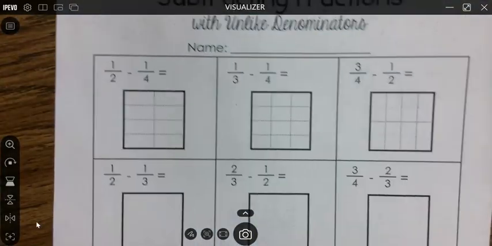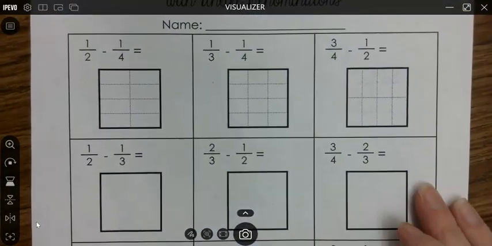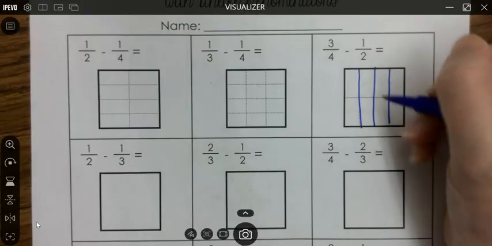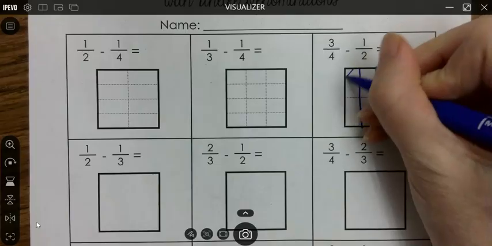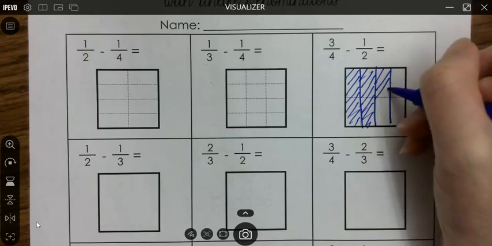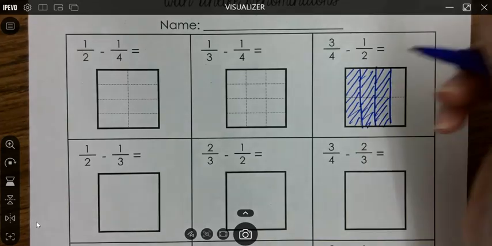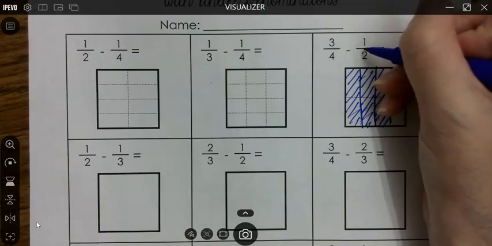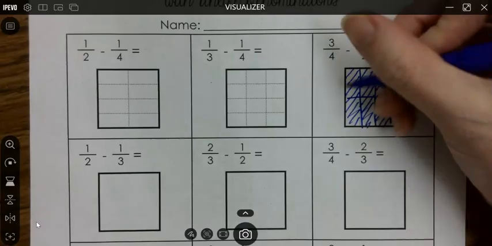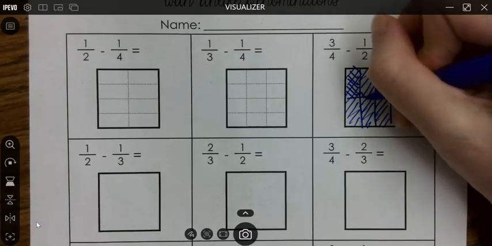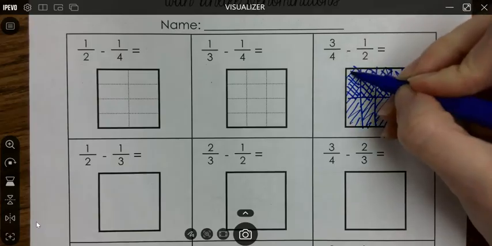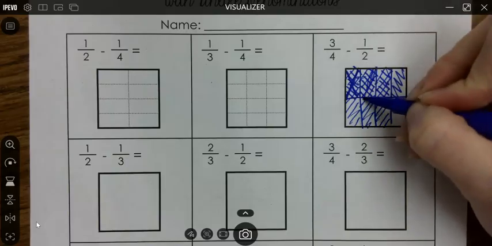All right. Let's do a few from the subtracting. All right, so 3/4 means we're going to draw 3 lines to make 4 equal pieces, and we're going to shade in 3 of them. All right, then we're going to split it into 2 parts this way, and we need to take away half of it. So we need to take away this and this and this and this. So we successfully took away these and those